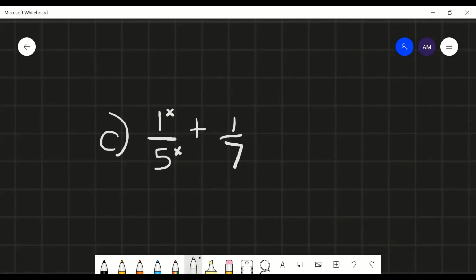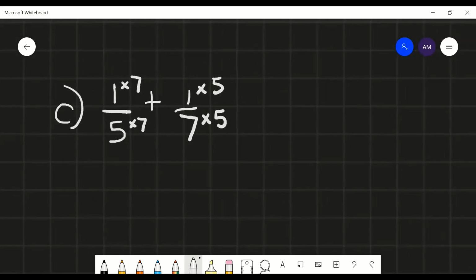There's a strategy though, and it involves multiplying all of the numbers. Take the first fraction on the left, multiply both the top and bottom numbers by the second denominator, the 7. So 5 times 7, 1 times 7. And on the second fraction, multiply both top and bottom by the first denominator, which is 5. If you follow what I just did here, this should work every time,